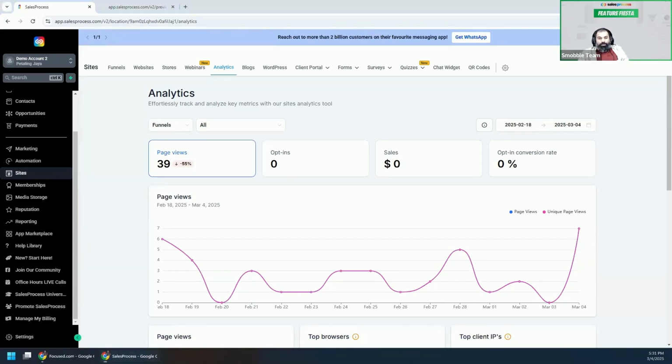what we want you to do as the homework for today's Future Fiesta is create this data, just like we did, by sharing your funnel step with your friends and family. Take a screenshot of this and put it in the Facebook group, hashtag sale process wins homework. And there you go. Put it in the Facebook group that we have for your analytics data. That is all